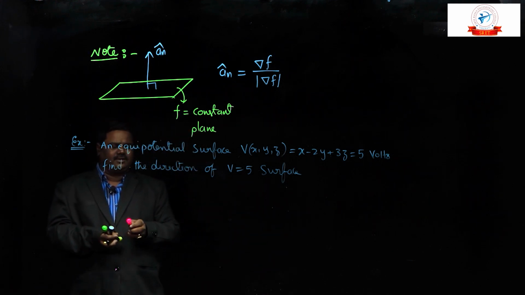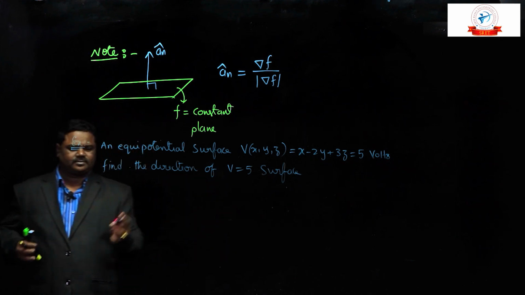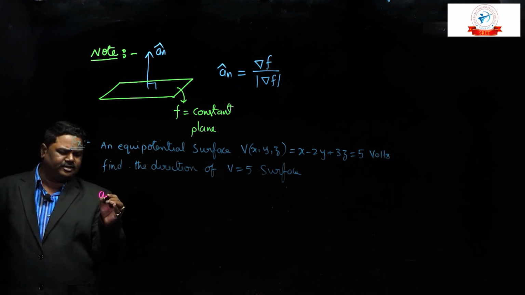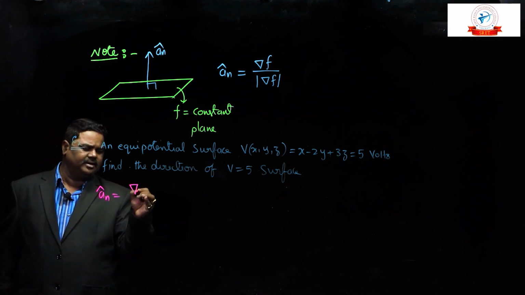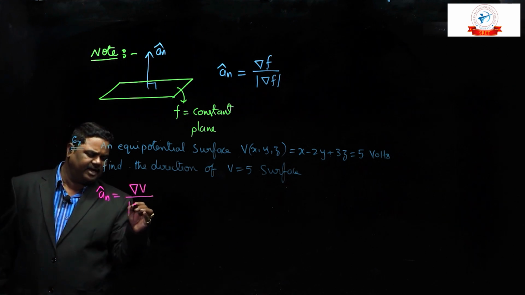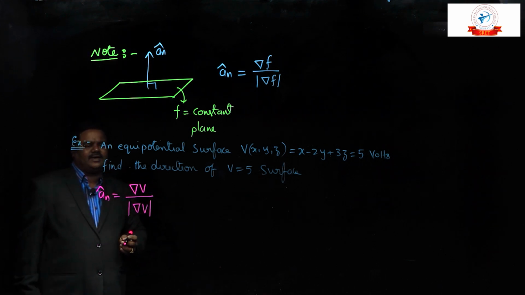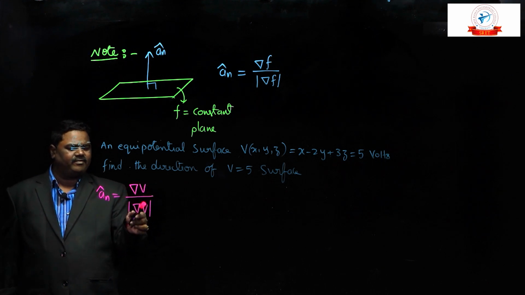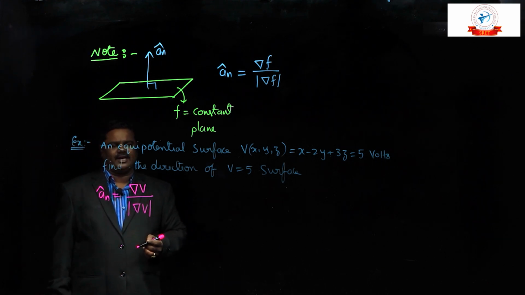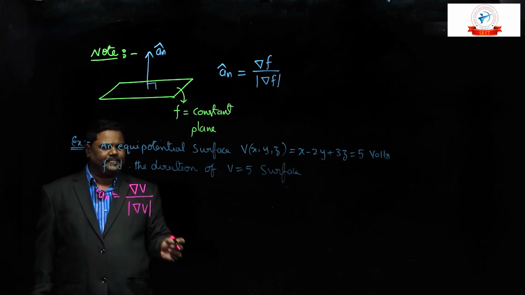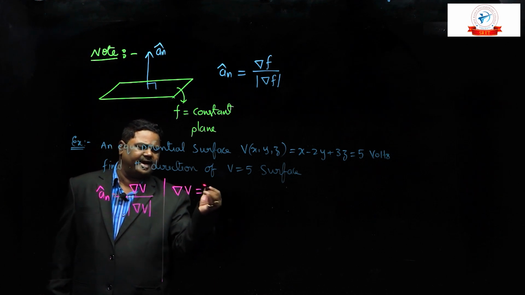To find this, what is the formula we have? We need to use the gradient operation. So the direction of this V equal to constant plane is given by the gradient of V divided by the magnitude of the gradient of V. Now let us first find the gradient of V, then its magnitude, then we can easily say what the direction of the V equal to constant surface is. The formula for the gradient of V is given by